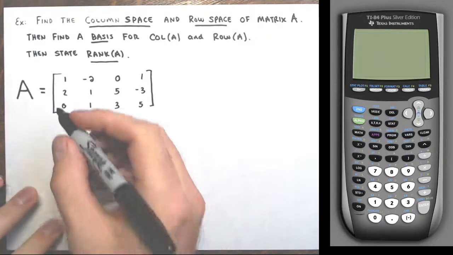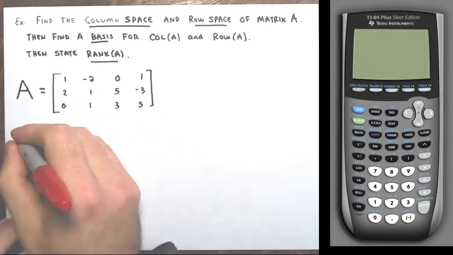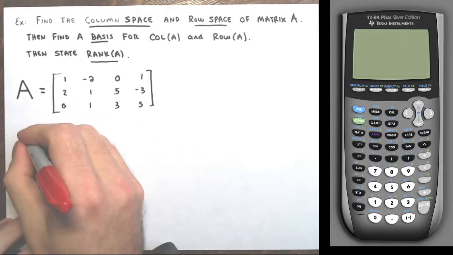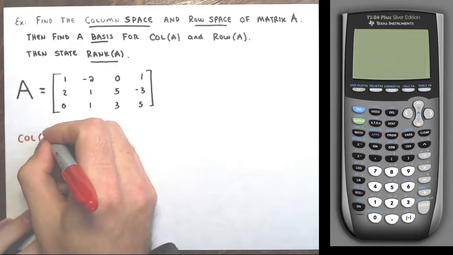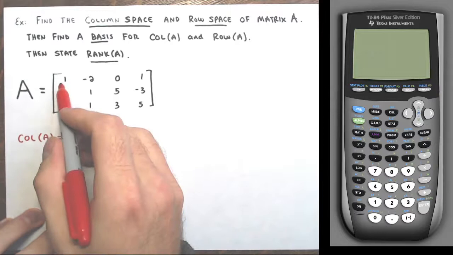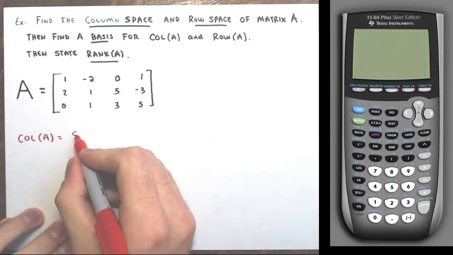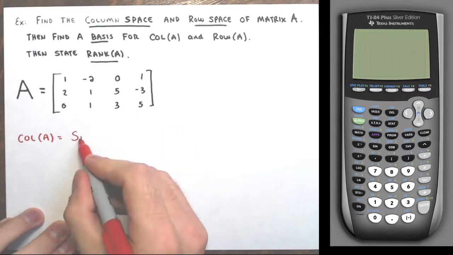Now the column space, I could write the column space and row space of A right now, but I'm going to write it with a minimally spanning set in a second. But yeah, the column space of A is going to be some subspace of R3, right? Notice how each column has 3 components. And it's just the set of all the linear combinations of the columns, right? So the span